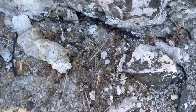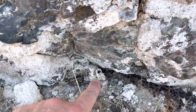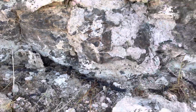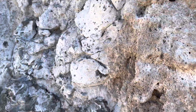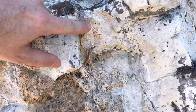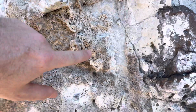Wanted to examine some of it under the microscope. That one's interesting. Could also be like plant roots, perhaps, because here's some type of plant. Never know, this could also be, you know, like